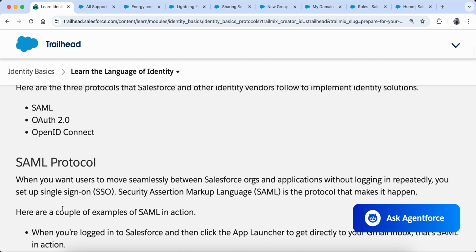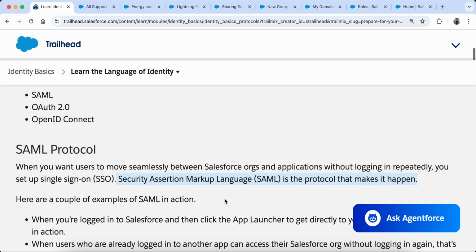So for example, I will tell you very shortly what SAML is doing. SAML, the full form is Security Assertion Markup Language. What it is doing is, when you are doing this SSO thing, you are in Salesforce, and then you are downloading any app from the app launcher, and you are directly going to that app without even logging in.